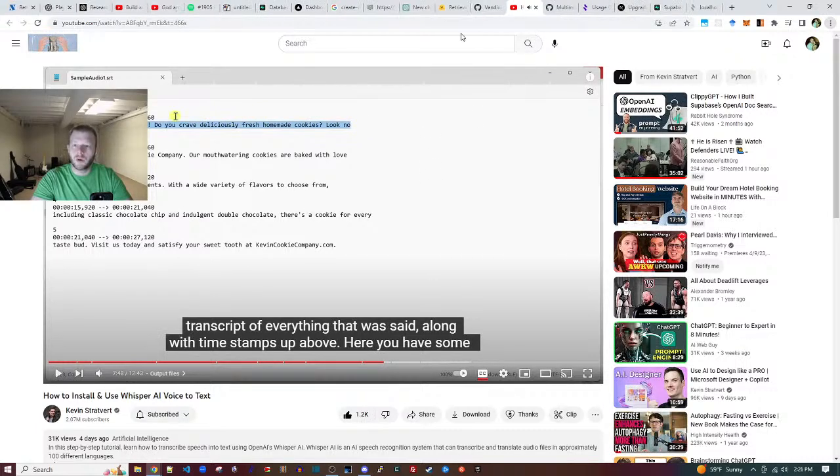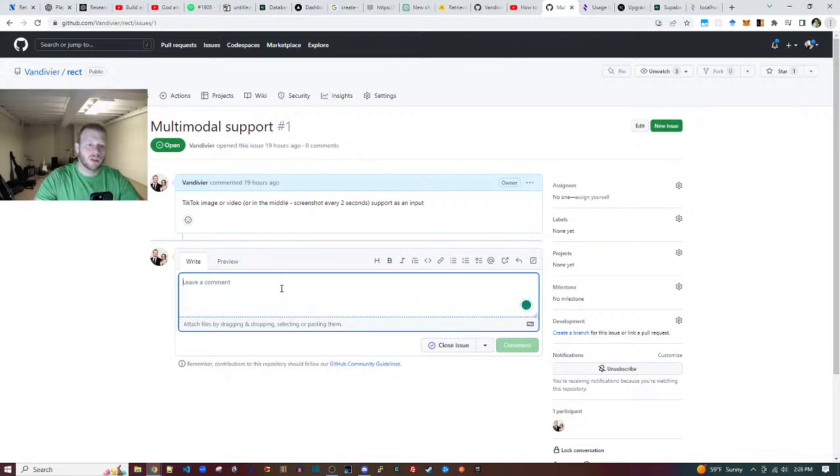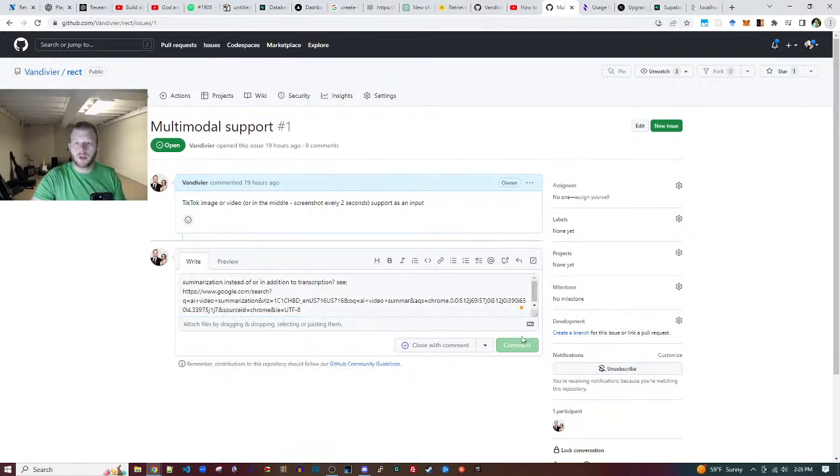If we want to use Whisper, here's how we can do it. Multimodal support. Summarization. So we'll drop that link.